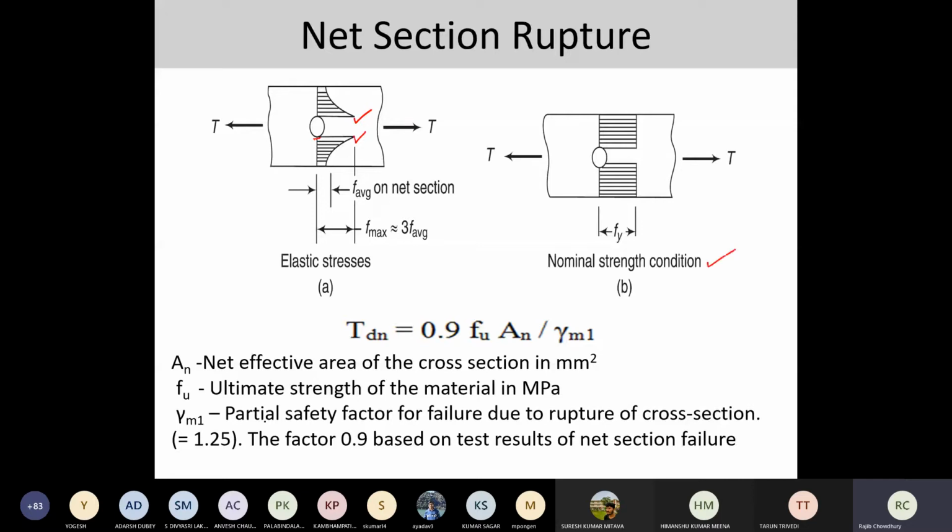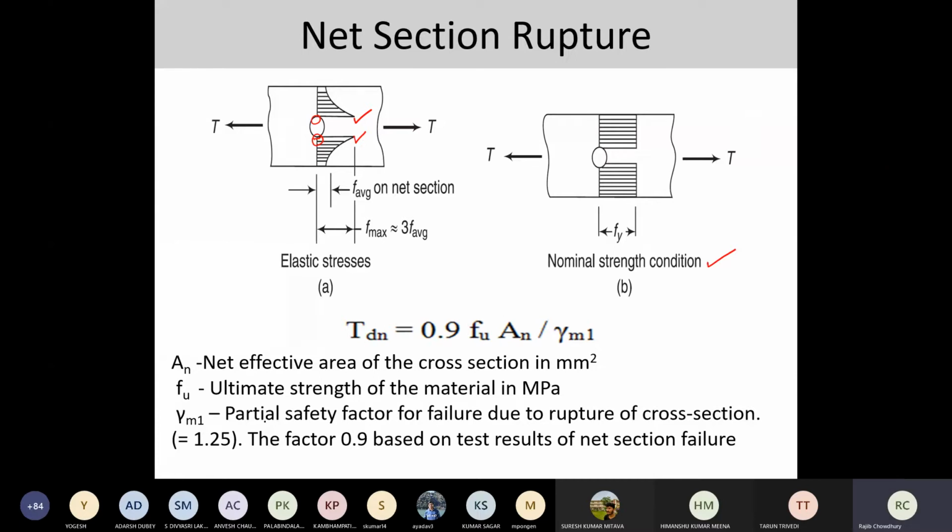But in normal condition, we should have it like this way. So this is called a net section rupture failure. Now, when the tension member with a hole is loaded statically, the point adjacent to the hole reaches its yield point. These two points already reach the yield point, and then it crosses the yield point. That is why the stress concentration develops.